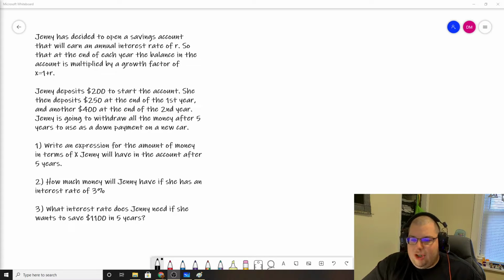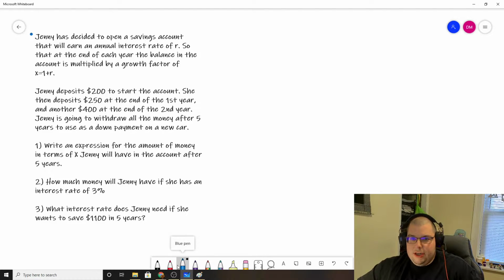Number 2, how much money will Jenny have if she has an interest rate of 3%? Number 3, what interest rate does Jenny need if she wants to save $1,100 in 5 years? So the very first paragraph here is just describing what happens, specifically using this word growth